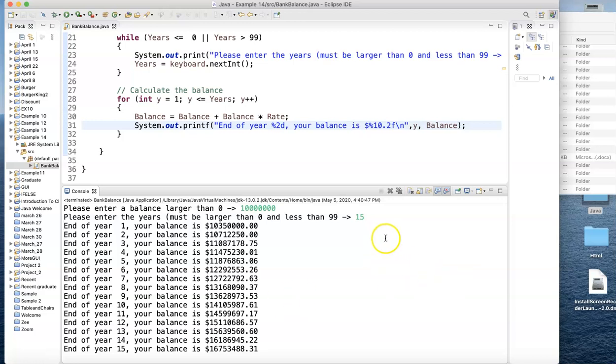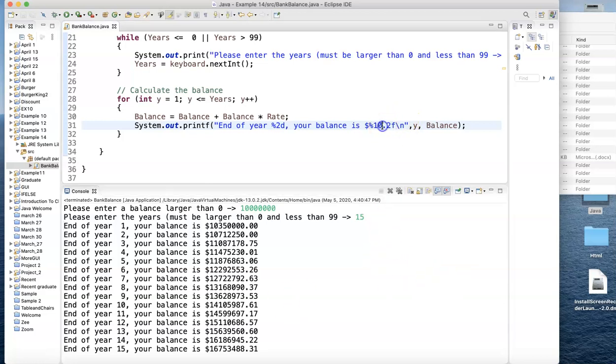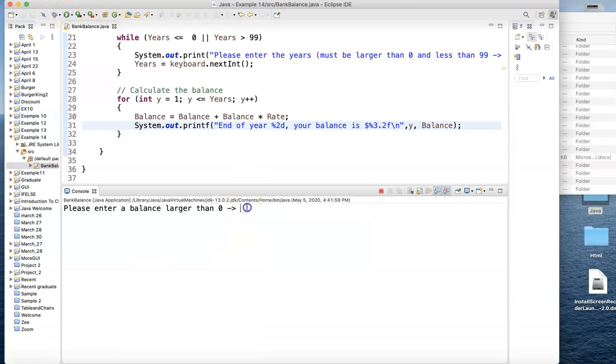A lot of people, instead of this being 10, use a lower number, so you will not have the space between the dollar sign and your number. So if you say I'm going to use a 3, which means the number really doesn't have any digits, because 2 decimal places, 1 decimal point, that's 3. So your number is going to be bigger than 3. So the machine is not going to listen to you, but you will not have a space between the dollar sign and your number. And here we go, the 10,000